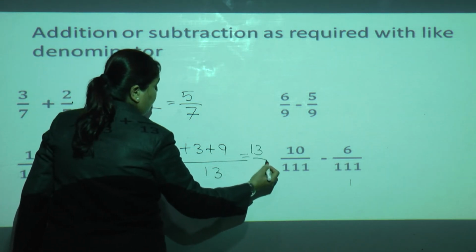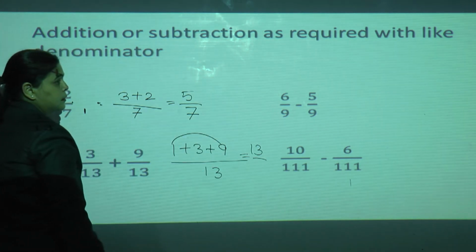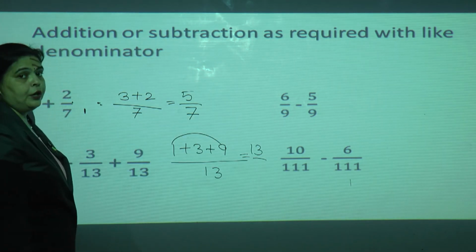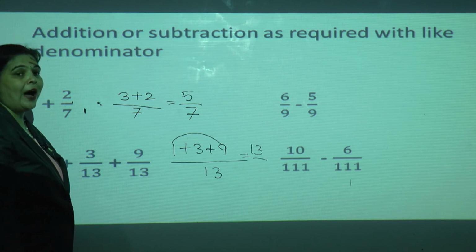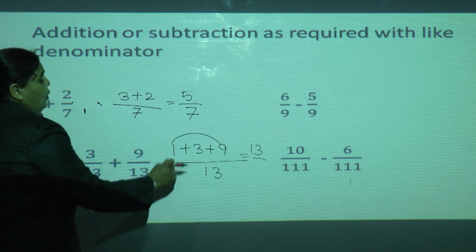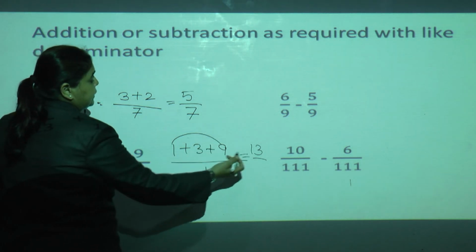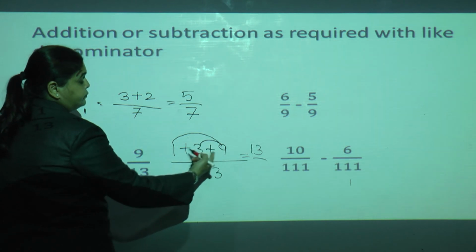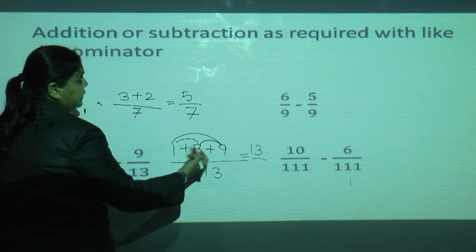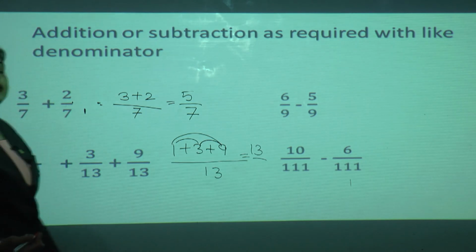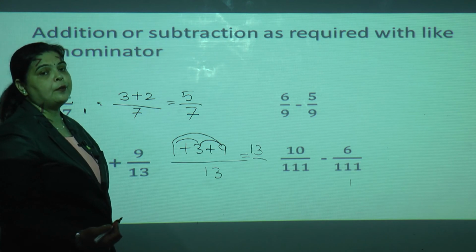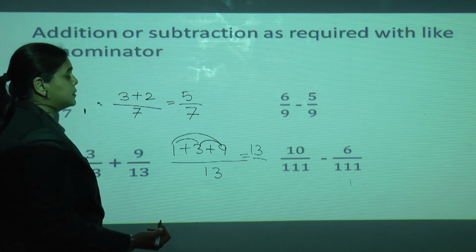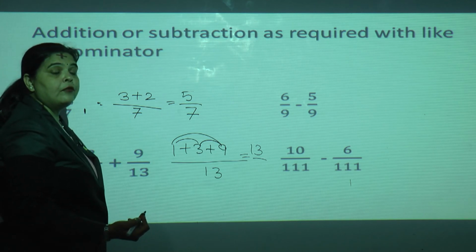You know what I had done? I had added this first. In addition, if you change the place of the numbers, the sum remains the same. It is for your convenience, in whichever way you can add as quickly as possible. So 9 plus 1 is 10, 10 plus 3 is 13. You can also go for 9 plus 3 as 12, 12 plus 1 as 13. This is up to you. In addition, if you change the place or sequence of the numbers, the answer will remain the same. That is, we say the sum will be the same.